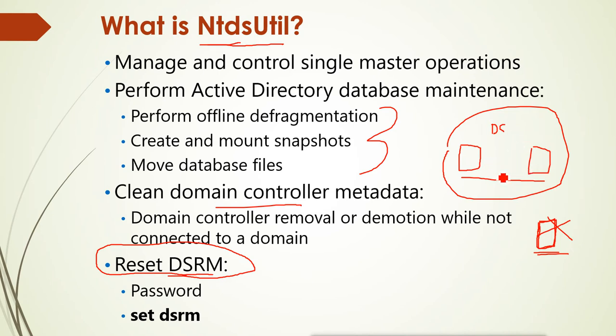So how can we remove that? That is called cleaning of domain controller metadata. It is metadata that is not required, it is removed, corrupted, destroyed, but still the information is there. If we create a new server, install Active Directory, and try to promote it as a domain controller with the same name, it will give an error that it already exists. It will not allow us to promote it, or we will face lots of different problems.